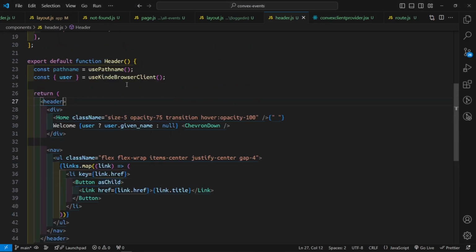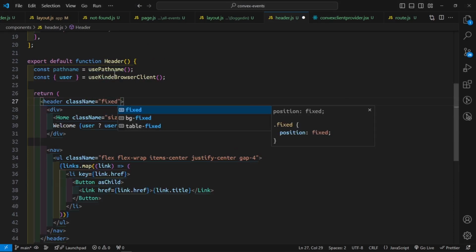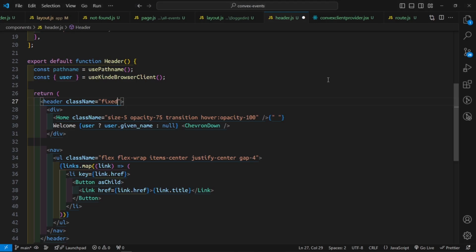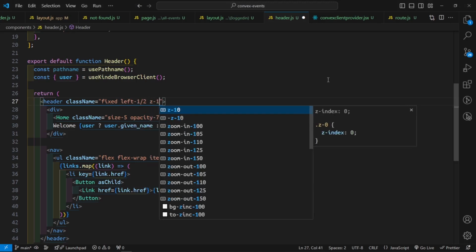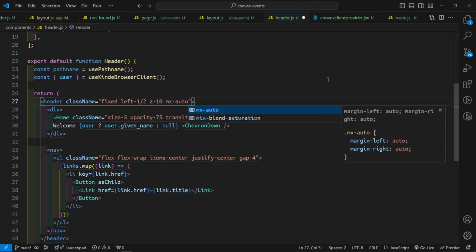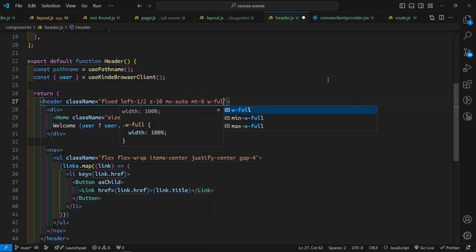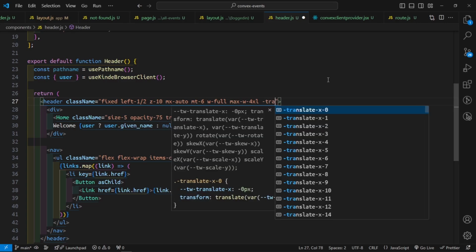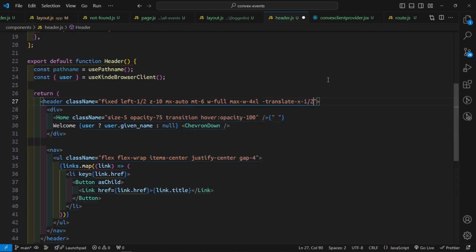So the header is going to have the following class names. We're going to give it a class name here of fixed. Now fixed because I want it to scroll with us. When events become so many, I want the header to scroll with us, so that you don't have to navigate all the way back to the top to navigate into the next page, right? So fixed, and then we're going to give it a left of a half, and then we're going to say give it a z index of 10 and mx auto and margin top of 6, width of full, max width 4xl, max width dash 4xl, and then minus translate on the x-axis by a half, so that it brings it to the perfect center,